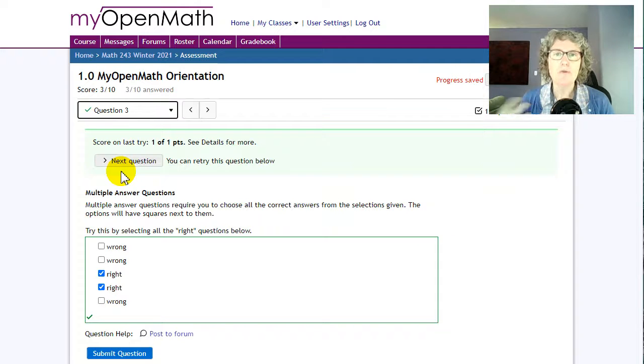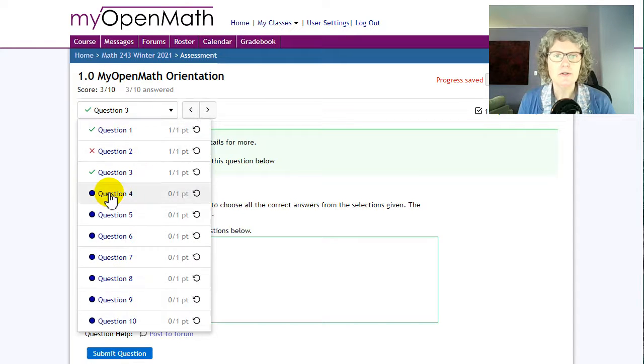I have both of my classes in the same shell here, so there are about 50 people that can help each other, and 51 with me. I'll be checking these often. I check these every day for questions and try to answer them. It's also great because let's say it's Monday at 11 o'clock and you're trying to finish something by 11:59. I've probably gone to bed, but other students might be up working on the same questions, so you can help each other when I'm not available. So that's the post to forum.